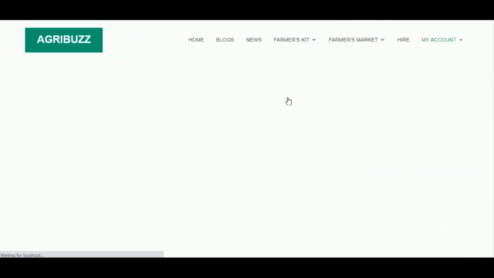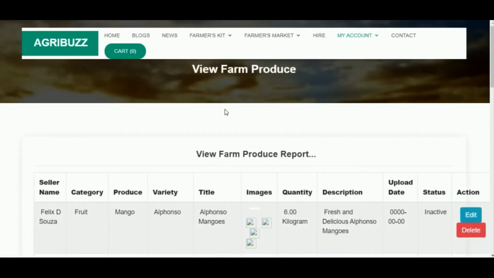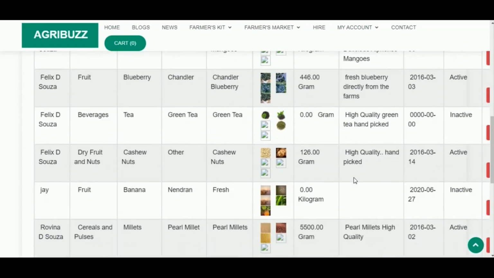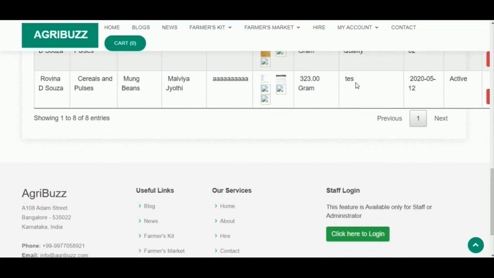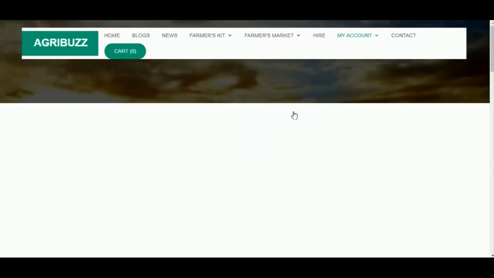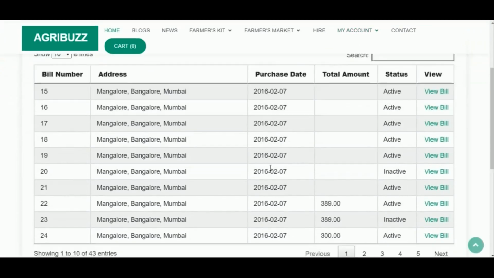Farmers product report contains all the products that have been produced by various farmers. Product billing report contains all the products that have been purchased along with the bill details.